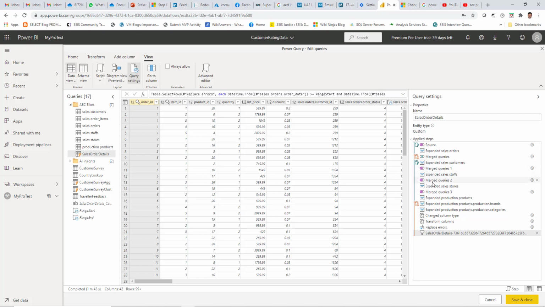So there are multiple merges being involved here and multiple expansions of columns, and finally it is applying some transformations and things like that. So for each of these steps, it will create an internal execution plan for the query. And at the time of execution plan determination, it will be able to identify whether this particular query can be better performed at the data source level.